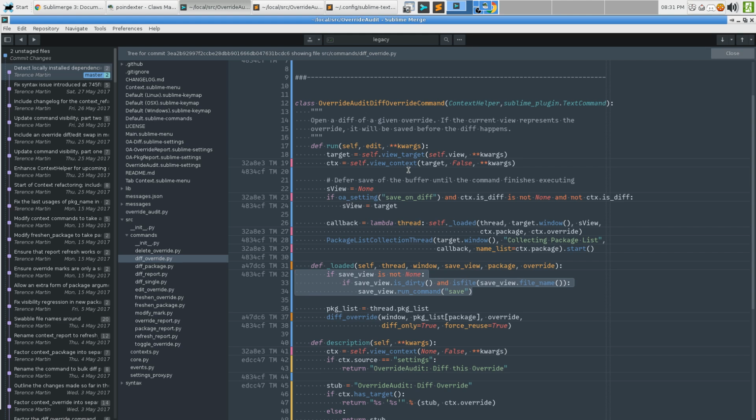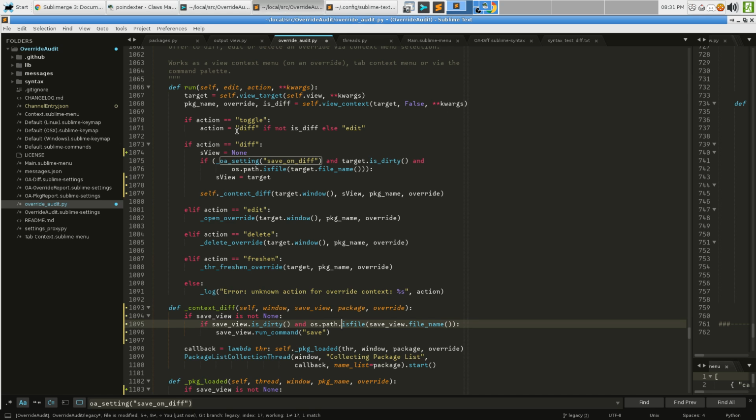So we know if we're looking at an override, we know if we're looking at a diff, we know if we're looking at a report, so that creating these context sensitive commands is easier to do. In this older version of the code, we know that this is a diff because we were told we're diffing. So we don't need to necessarily, we just need to do that,